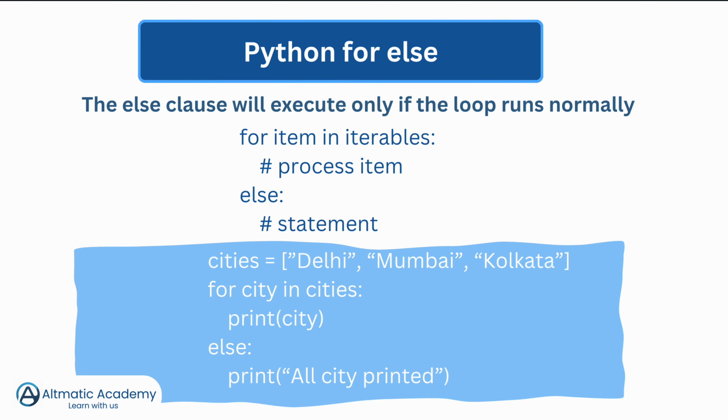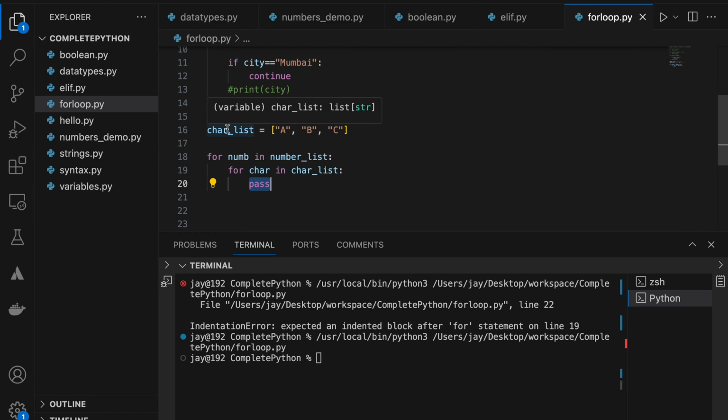Now next, Python for else. It's also a very interesting one, the else provided by the creator of Python. Here the else clause is executed only if the loop runs normally. Like if you have for item in iterable and process the item, if it executes successfully, then the else statement will be executed. So like our example here,